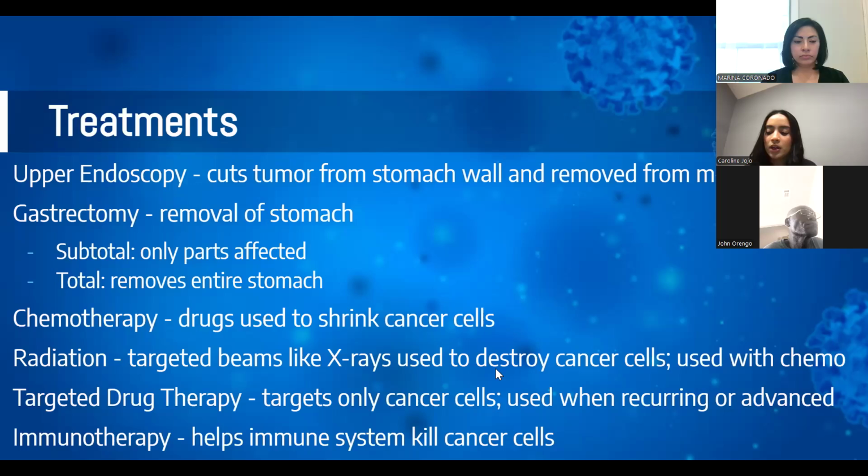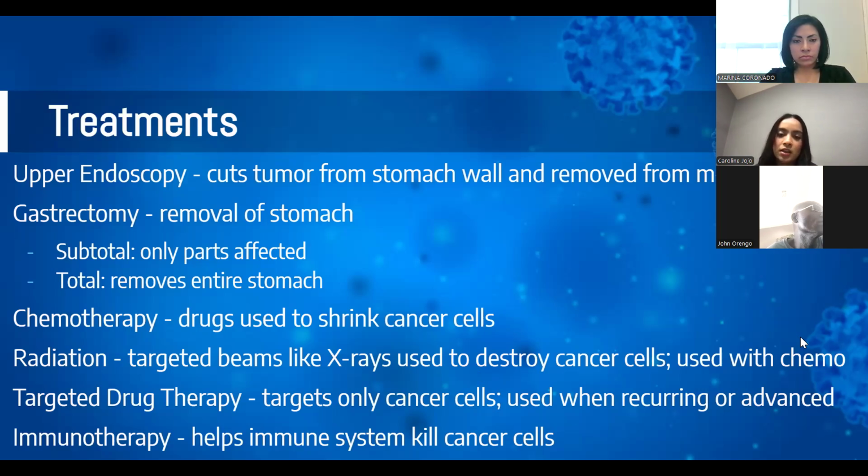And some treatments that we want to highlight for stomach cancer is, like we mentioned in the diagnostics, an endoscopy. So for this one as a treatment, an upper endoscopy involves having the endoscope have basically a blade on the end of it, and it cuts the tumor out from the stomach wall and removes it from the mouth. And then there's a gastrectomy, which is the removal of the stomach. And this could be either part of your stomach, which is called a subtotal gastrectomy, or your entire stomach, which is